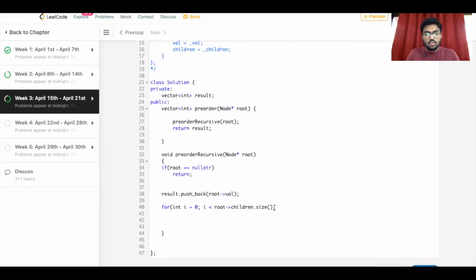We have to know the size of it, i plus plus, and we have to call pre-order recursive till the time we complete visiting all the children which a particular node has. So for that we just pass root children. Fine. All right, now this should give us the answer.